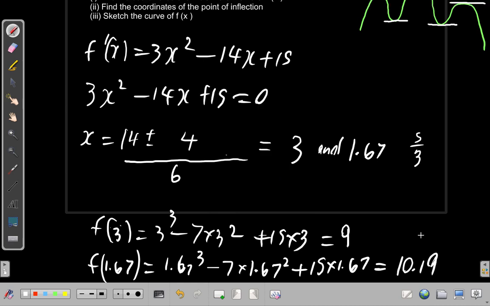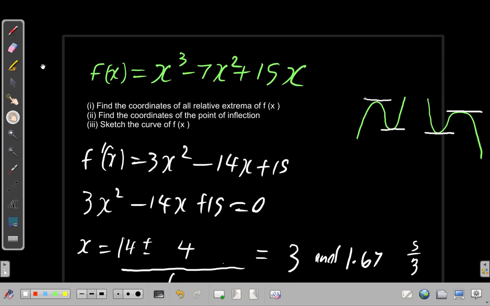Alright. So we have the coordinates of the stationary points. Let's write them down. When x is 3, y is 9. So one of them is located at (3, 9). Where's the other one? You're going to have the other one at